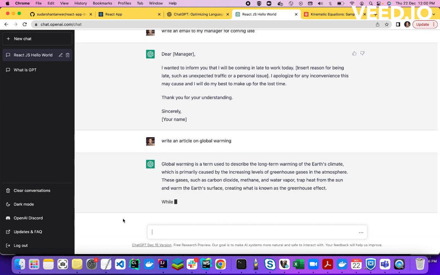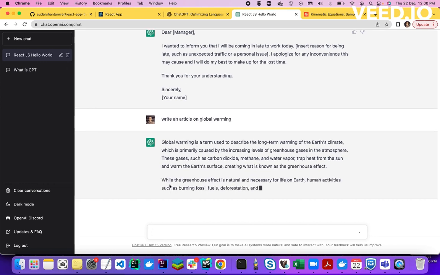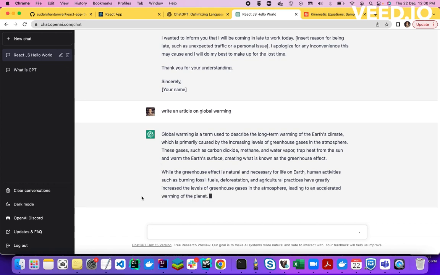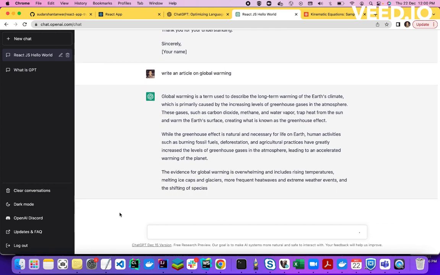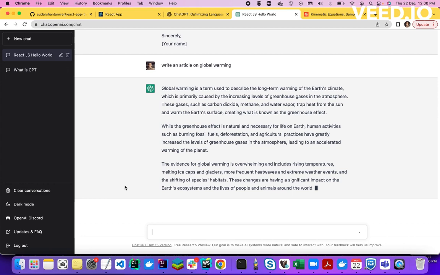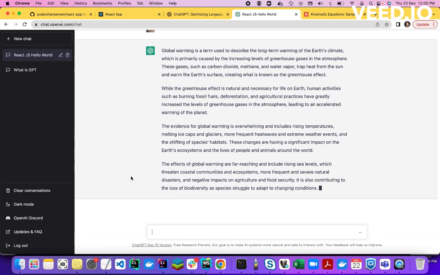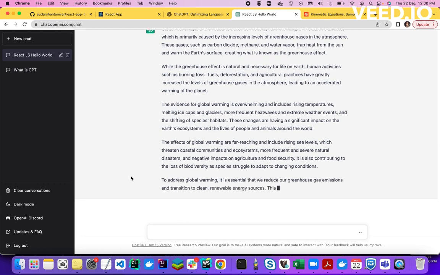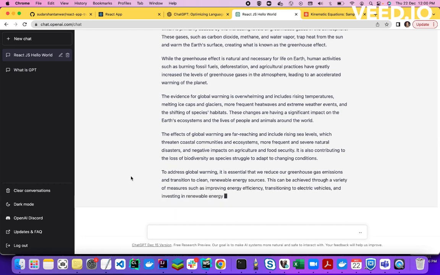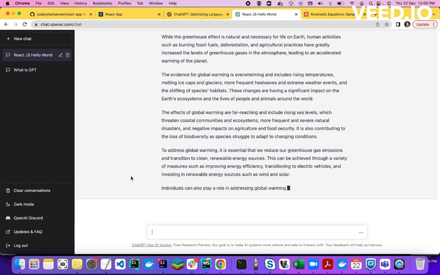It will write in proper article form. As you can see, these are the paragraphs. If you use this article directly, it is not something that looks machine written. It looks like some human has written this article.